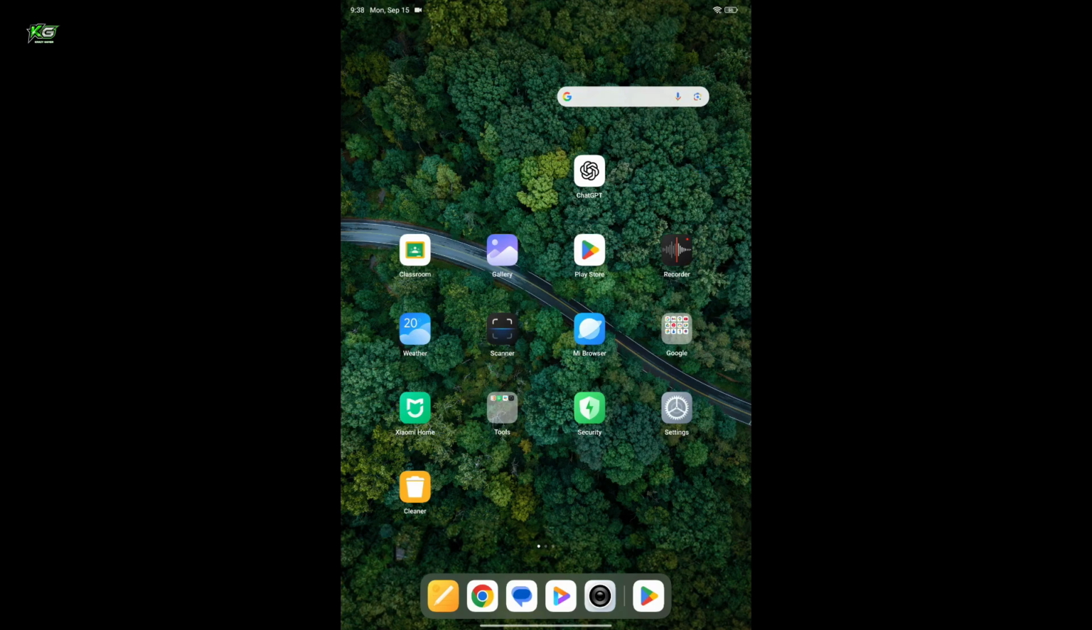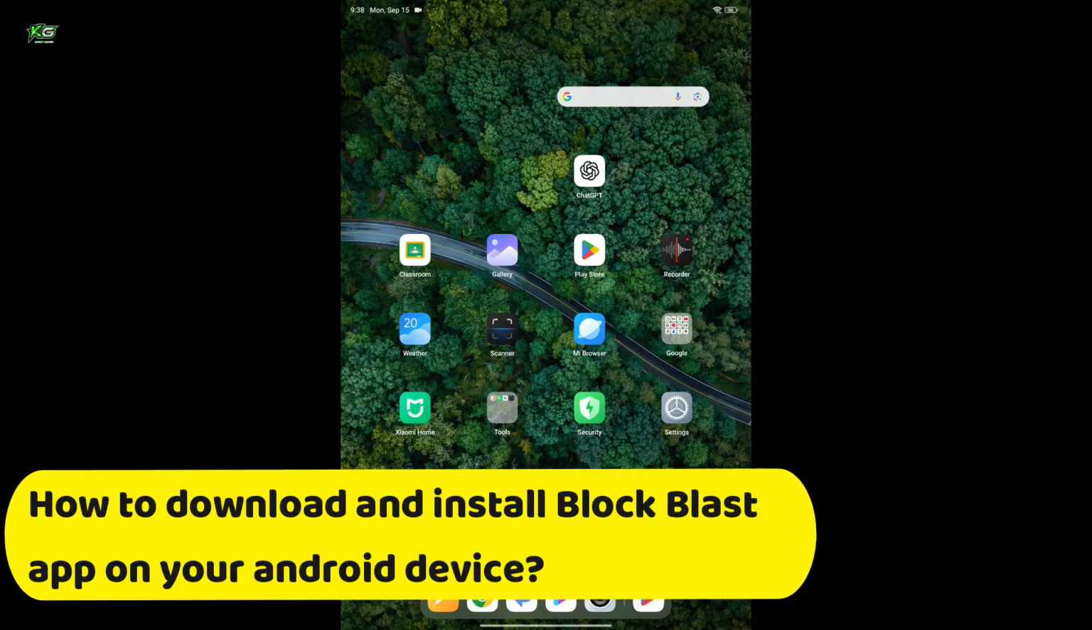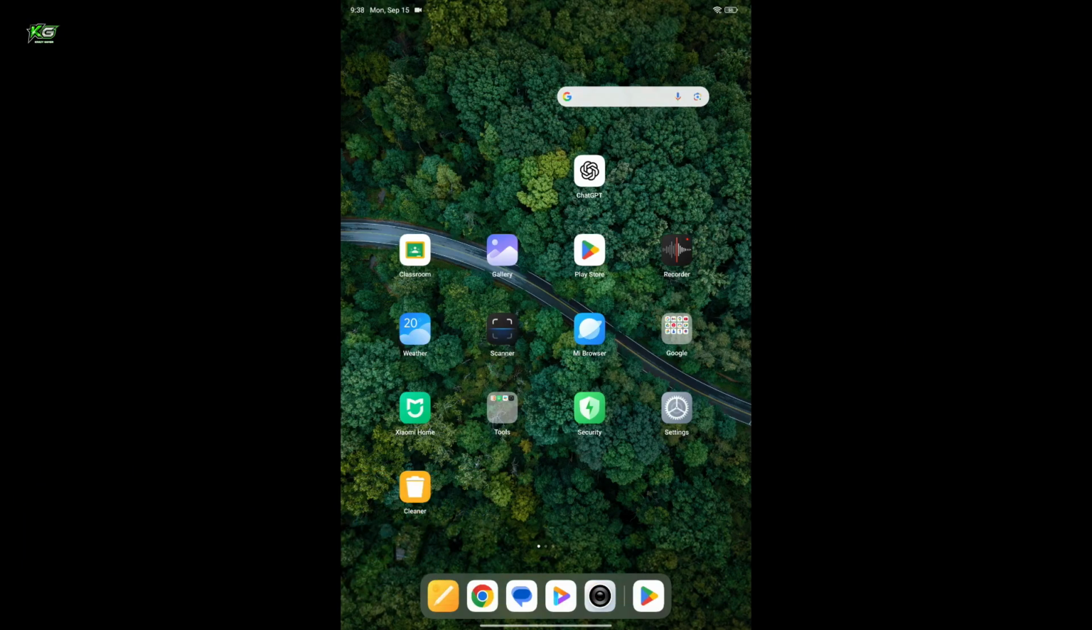Today in this episode we will be learning how to download and install Block Blast application on your Android device. Whether you are using Android mobile phone or tablets, this process will help you out in just a few simple steps. First of all, make sure that your device is connected to a stable internet and open your Google